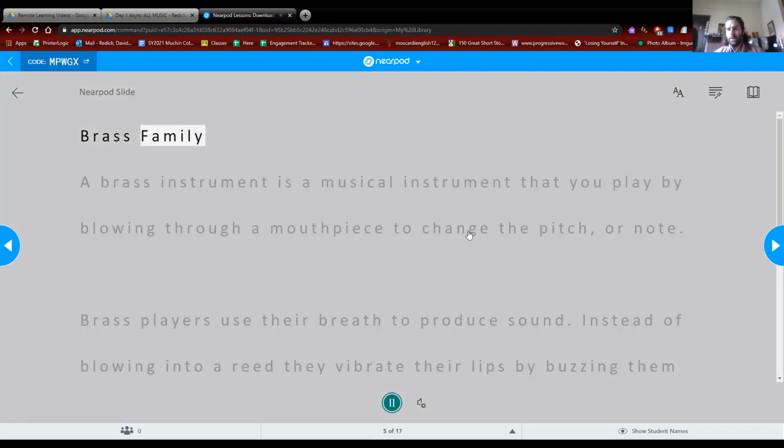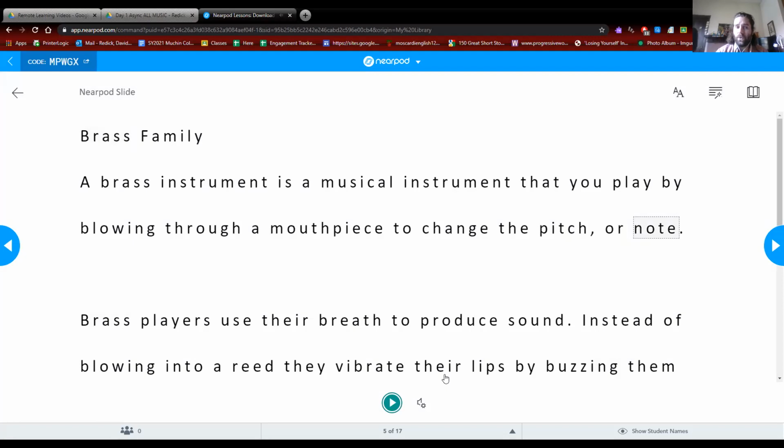Brass family. Oh my A gosh. brass instrument is a musical It's instrument amazing. that you play by blowing through a mouthpiece to change the pitch So or cool. note. So again, you can read that at your own pace or use the read aloud to get that as